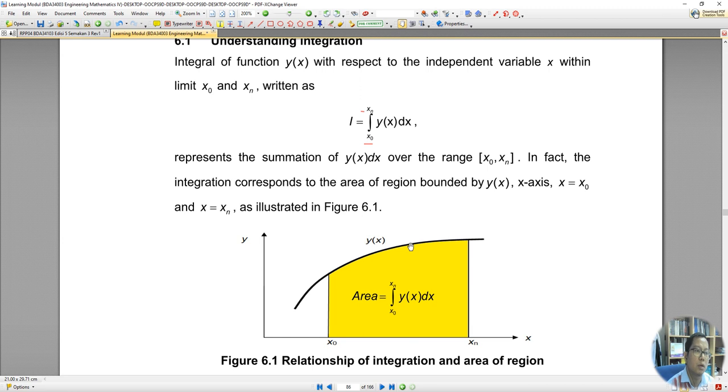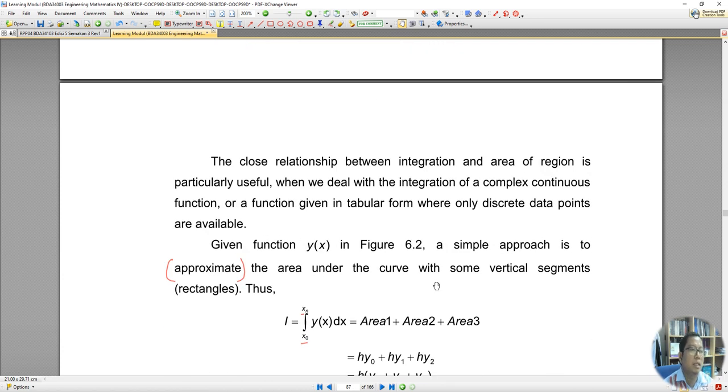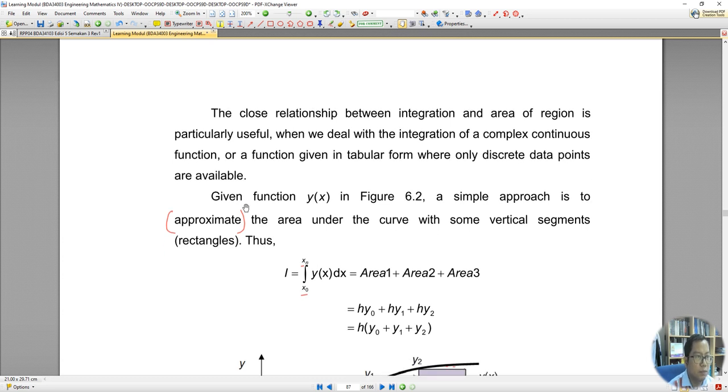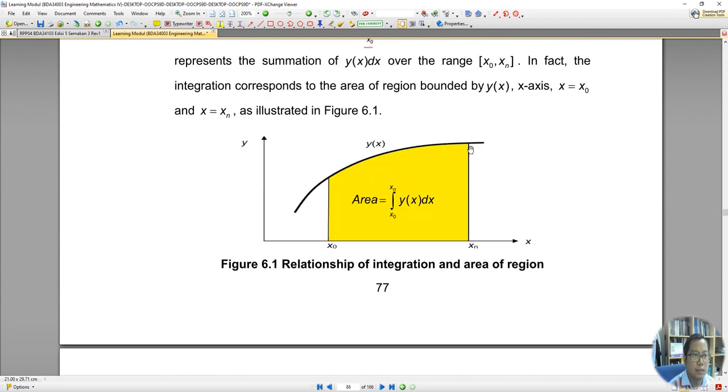In fact, the integration corresponds to the area of the region bounded by y(x), the x-axis, x equal to x0 and x equal to xn. Basically, the close relationship between the integration and area of region is particularly useful when we deal with the integration of complex functions. So given the function y(x) in Figure 6.2 below,